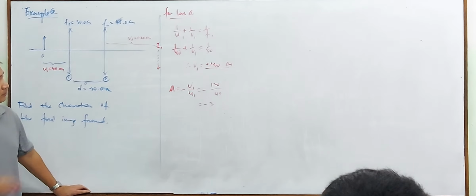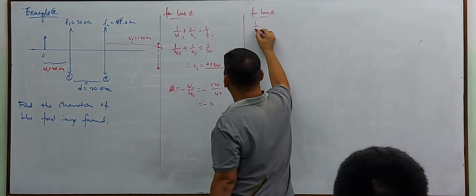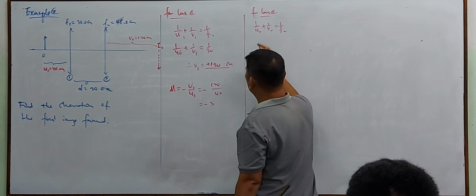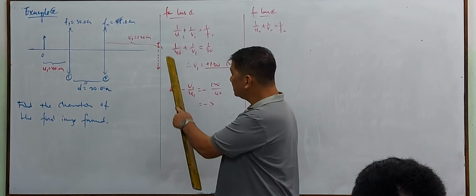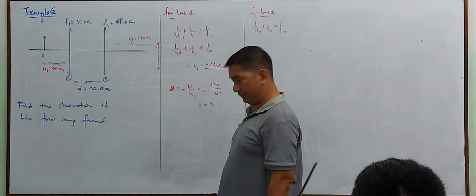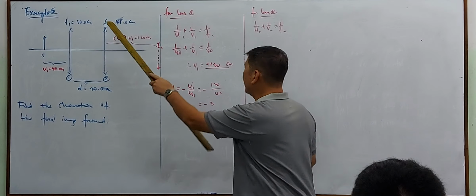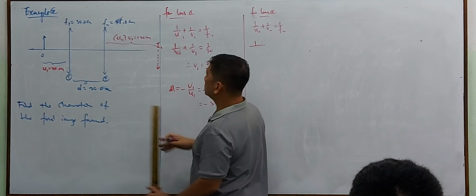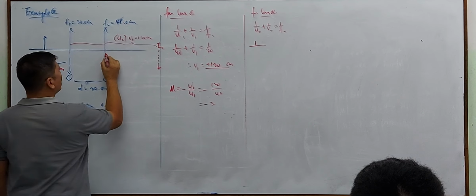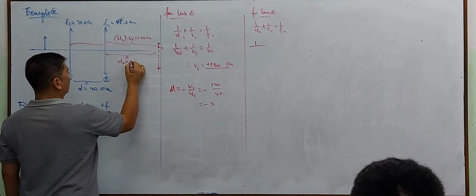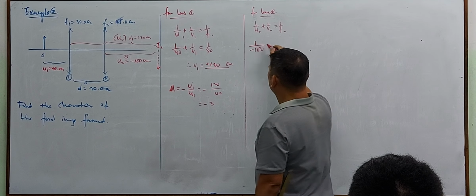Now we need to go to lens number 2. For lens 2, same equation. Now this one u2 is what? u2 is the object distance from f2. It is v1, but your v1 is behind, so it's negative. Yes, negative. So this one is also your u2. But because it's behind the lens 2, you have a negative value. This 120 is from here. So your u2 is here. Your u2 is 120 minus 20, so 100 centimeter, negative 100 centimeter, because behind your lens number 2, minus 100 plus 1 over v2 equal to